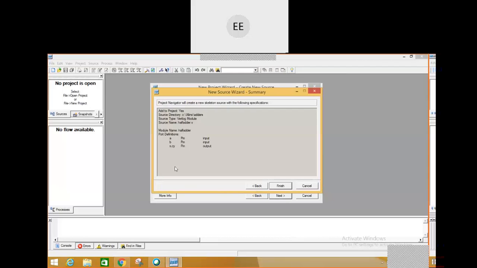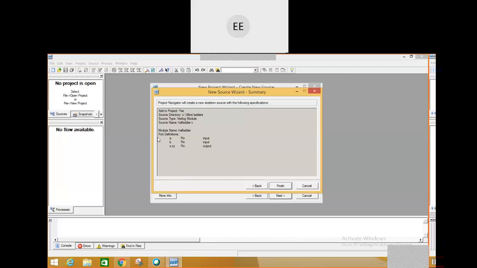Now, what do you want to design? If it's a scalar input, I'll be giving it directly like this. If I want to make it a vector, what do you mean by vector input? Suppose I have an input A within square bracket 1:0, then we call it a vector. So vector is similar to a bus. In that case, I click bus. So right now, as I'm giving scalar inputs, I'm taking A and B as the inputs, sum and carry as the outputs. Okay. Then I'll say next.